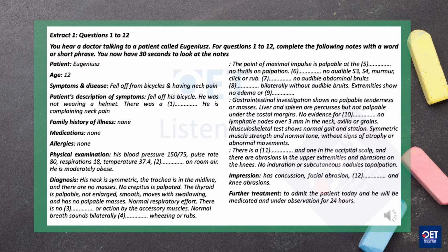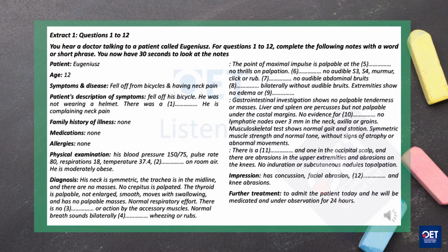Does he have any other illness? No, Doctor. Okay, what's his age? 12 years, Doctor. Any previous injuries? Very minor injuries, Doctor. Was he taking any medicines? No, Doctor. Does he smoke or drink? No, Doctor. Can you tell me more about family history of illness? Absolutely no illness in our family, Doctor. Any weight loss or gain recently? No, Doctor. Well, his physical examination shows his blood pressure 150/75, pulse rate 80, respirations 18, temperature 37.4, saturation 97%